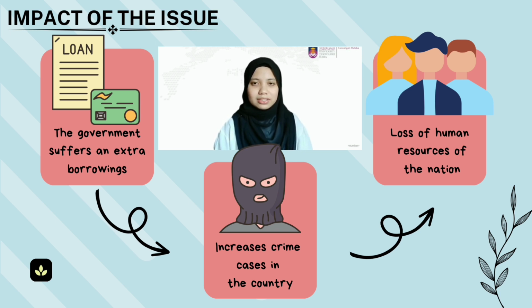Third, loss of human resources of the nation. It is often seen that unemployed people end up getting addicted to drugs and alcohol or attempt suicide, leading to losses to the human resources of the nation, because they don't have any work to do and are getting depressed because they cannot get a job for life. They start to release their stress by taking drugs and drinking alcohol. Excessive use of drugs and alcohol causes death and results in the loss of people in the country.